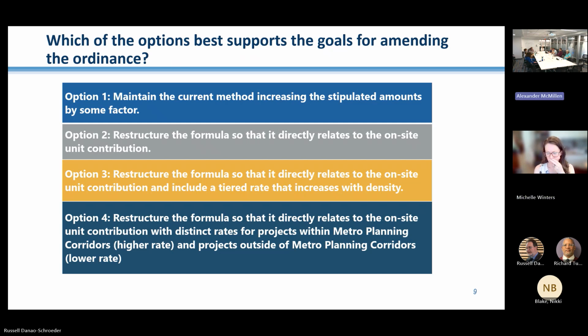No, so I just want to make sure I understand your suggestion clearly. So you're saying if we were to tie the amount of contribution to the percentage, say, of affordable housing units at a certain level of affordability concentrated in a certain area. So if there's a geographical area where there's a low concentration, low density of these kind of units, then the contribution amount would be higher in those areas. Is that right? Yes.